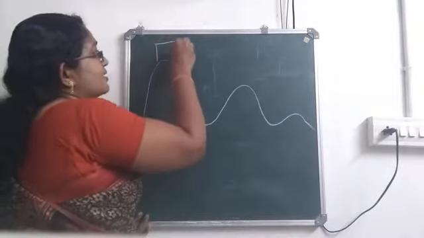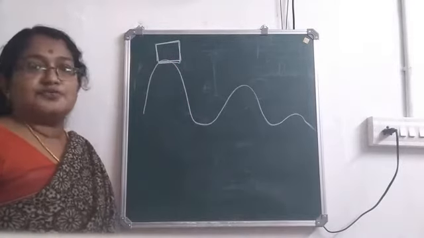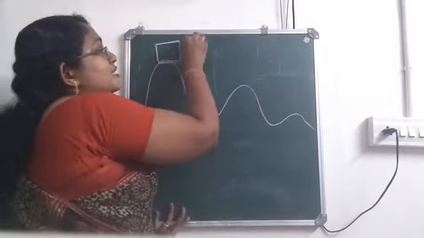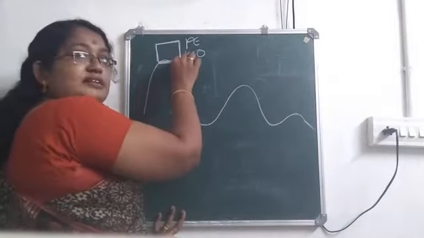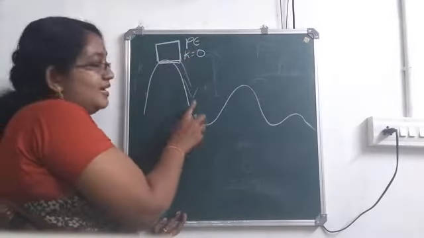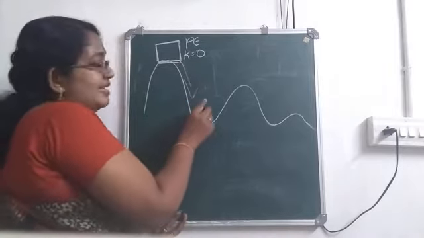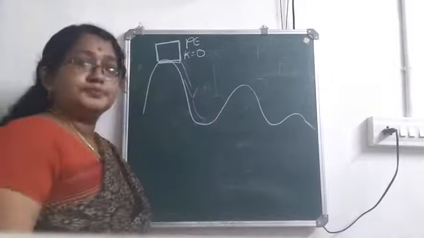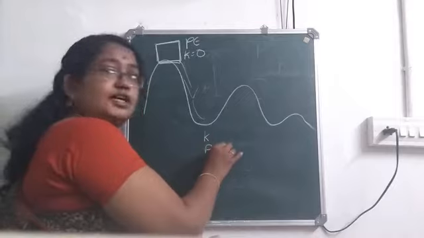First, let the roller coaster be above the first hill. Okay. Then, what energy? At first, it is not moving. So, what energy is possessed by this at this point? It possesses potential energy. Kinetic will be 0. Now, first, when it starts moving, what happens to the potential energy? Potential energy goes on decreasing because height decreases and kinetic energy increases. Then when it reaches here, kinetic energy will be maximum and potential will be 0 at the bottom.